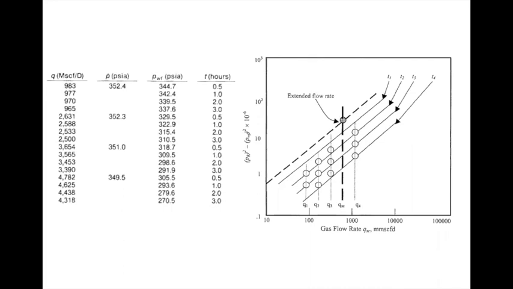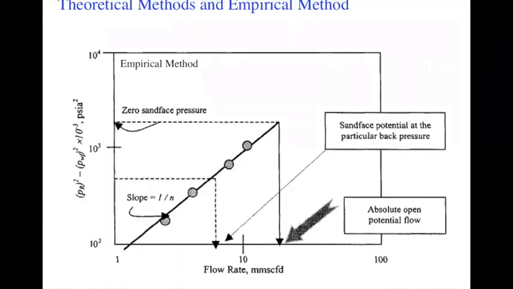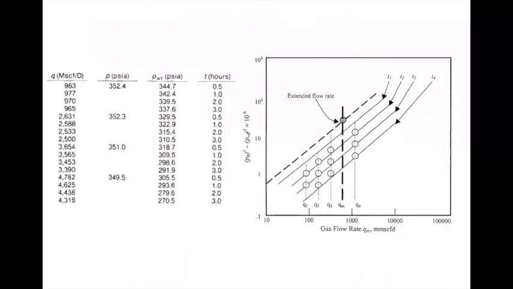So if the pressure has not reached the stabilized state, what you are getting is the wrong value of intercept. However, the slope is not changing, right? So that is why we conduct a last test in this graph at the extended period of time, right? So you see that this is the extended period of time which is being plotted on this graph, and you see that for that particular extended period, you have this point.